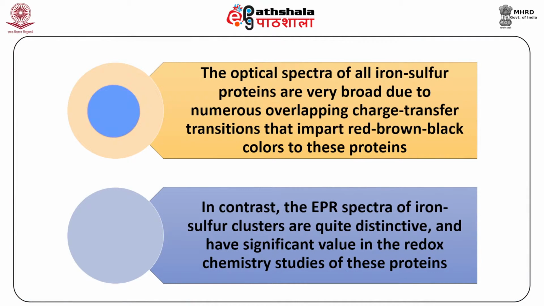The optical spectra of all iron-sulfur proteins are very broad due to numerous overlapping charge transfer transitions that impart red, brown, black colors to these proteins. In contrast, the EPR spectra of iron-sulfur clusters are quite distinctive and have significant value in the redox chemistry studies of these proteins. 4 iron clusters, 4 iron 4 sulfur, are also termed ferredoxins, which are found in many